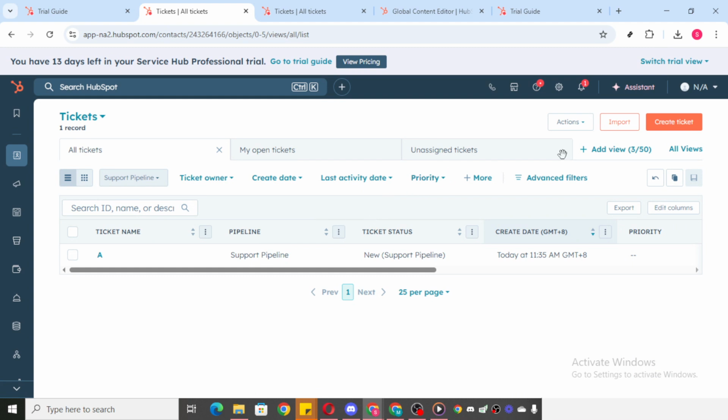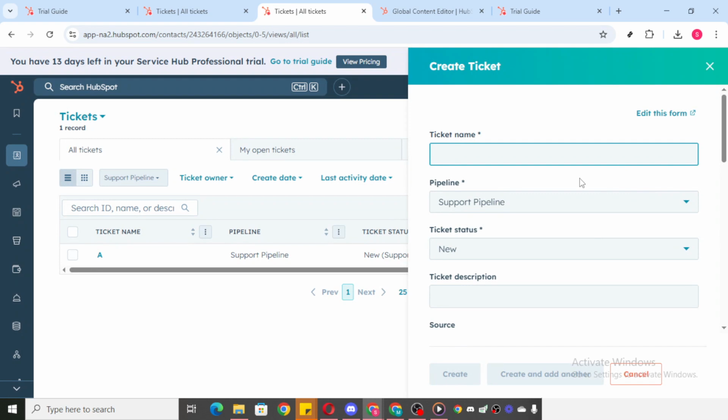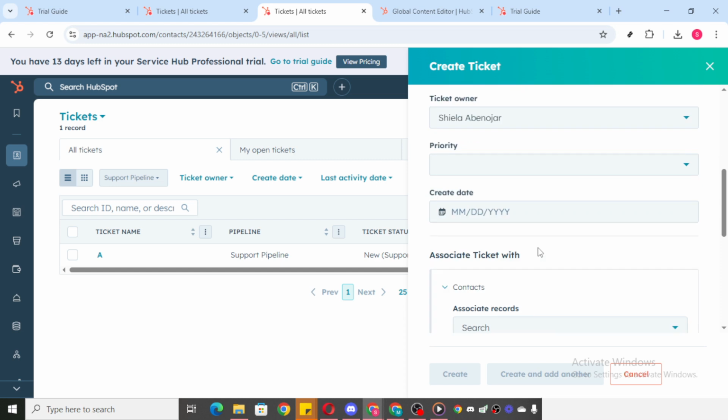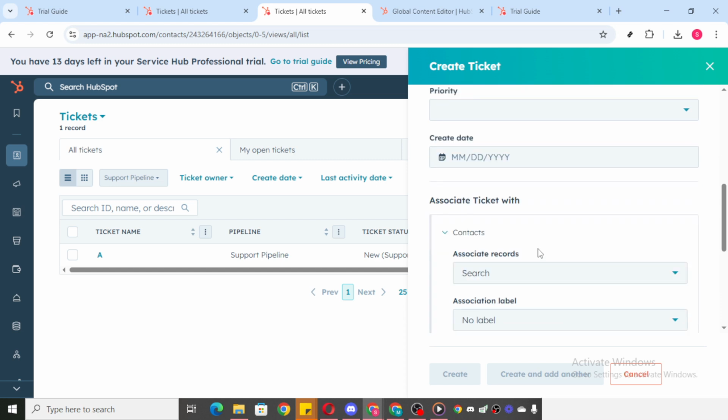Once you're in the ticket creation screen, you'll need to input all the necessary details to get your ticket up and running. This might include the ticket title, description, contact information, and any additional data that's relevant to the issue or request at hand. Be thorough with this information. It pays off in the long run as it helps in keeping everyone on the same page and eases the